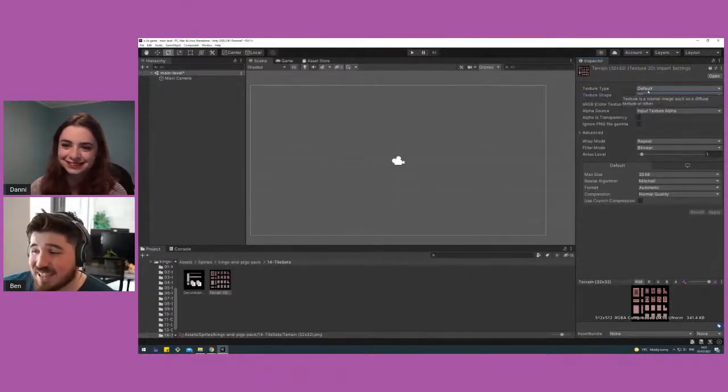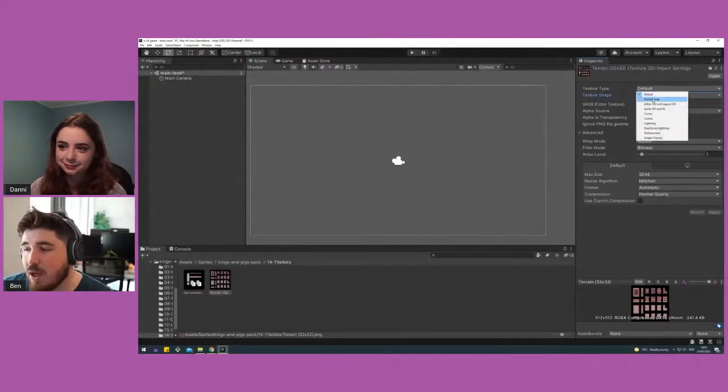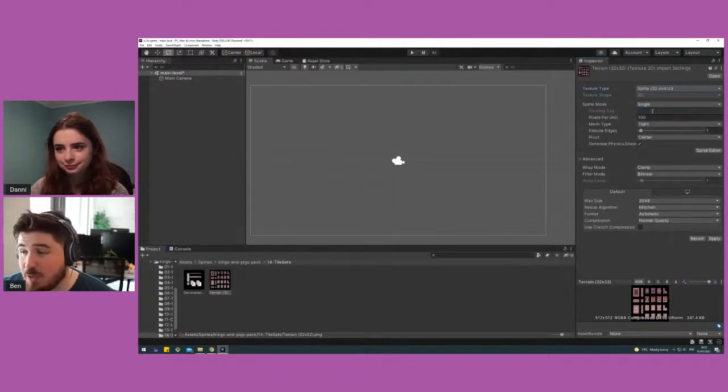And there's different texture types you can have. So you can have a normal map, if you know what that is. We can have light cookies, we can have light maps, shadow maps. There's all kinds of different stuff. But the one that you're probably looking at and thinking, oh, right, that's probably what we need, is Sprite. So if we click on Sprite, Unity will now treat this texture as a sprite. Okay, so we could actually use this as a sprite in our level. So if I click apply,